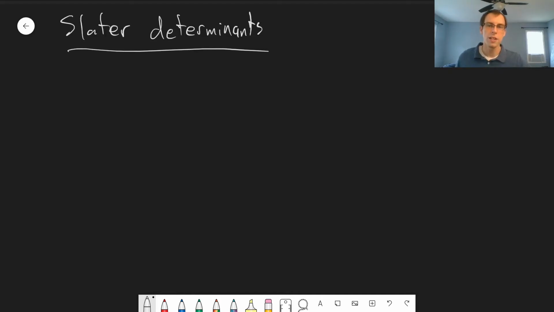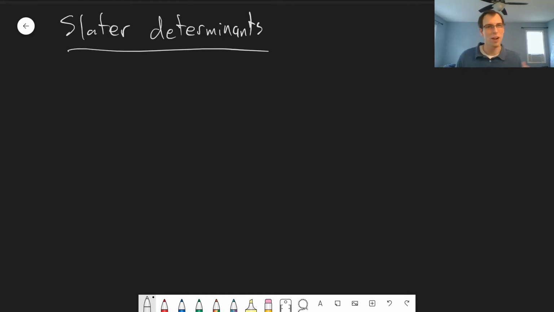So for helium, it's easy enough to write up explicitly, for only 2 electrons, all the different possible wave functions we could have, and then look at it and see, oh, this one's antisymmetric, this one's symmetric. But when we get to larger atoms, say even up to beryllium, boron, up to larger elements, how do we make sure that we get antisymmetric wave functions? Because this is a fundamental property of the particle. If we write wave functions that represent them, they have to satisfy this